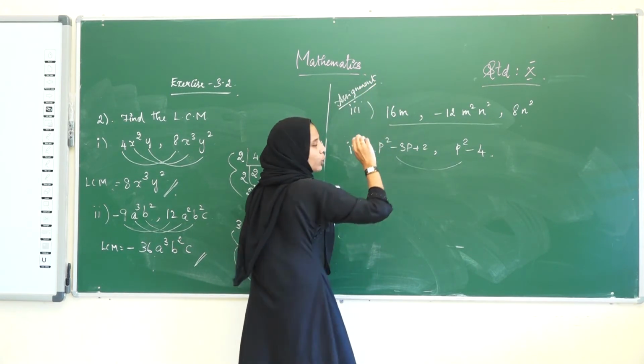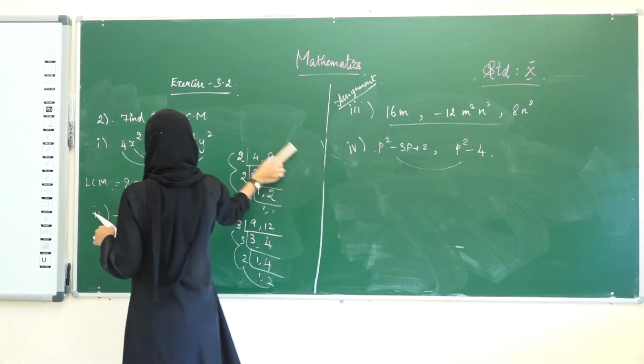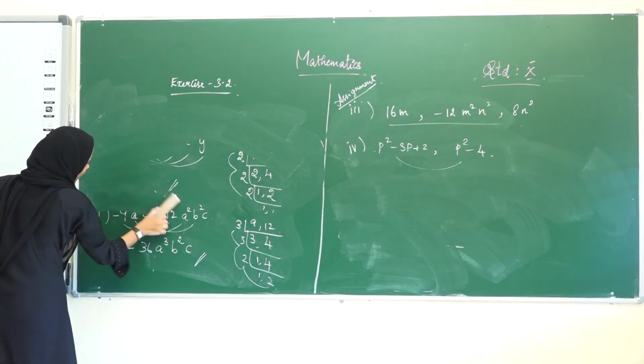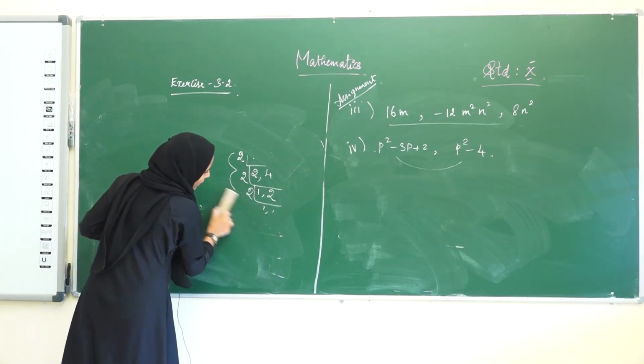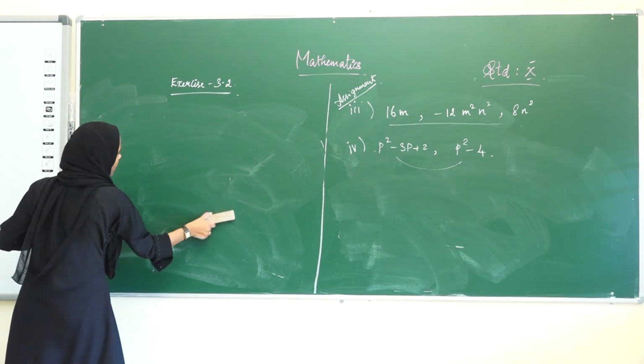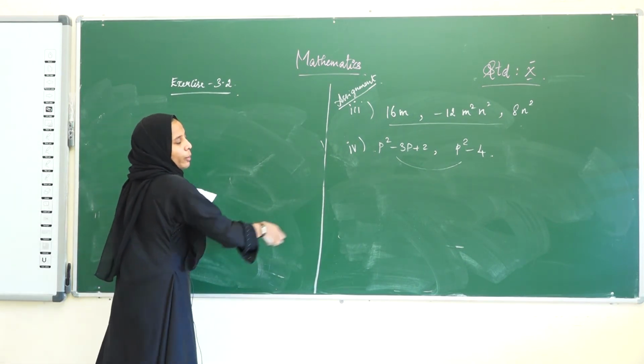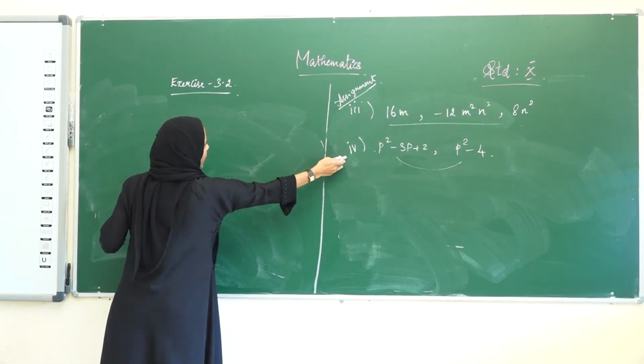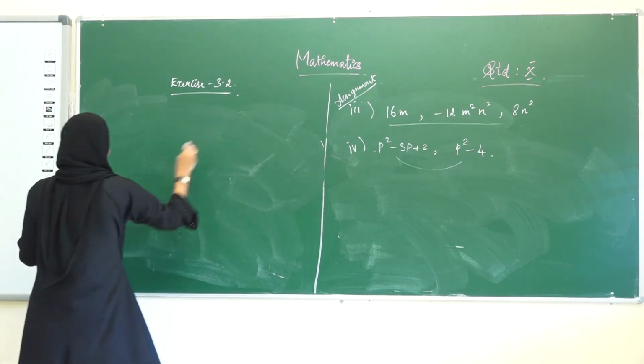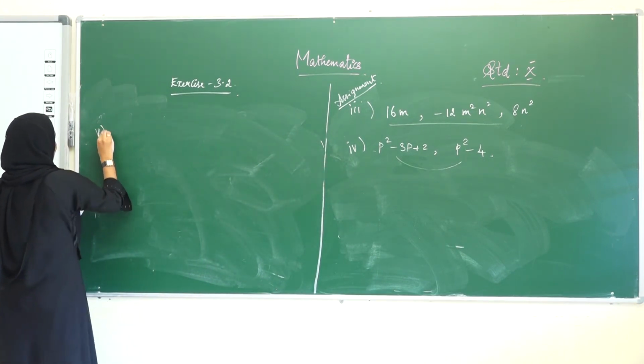Hope you can do it easily. That's why I am giving this assignment for you. It will be very easy. The third subdivision is the same as the second subdivision, and the fourth subdivision we have done this type of example in the previous class. Let us move on to the fifth subdivision.